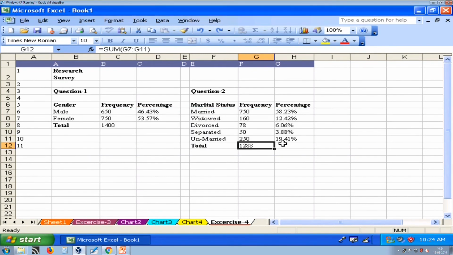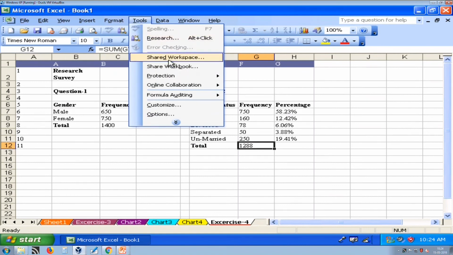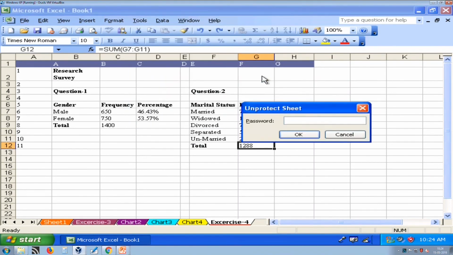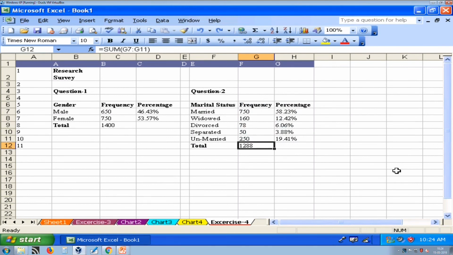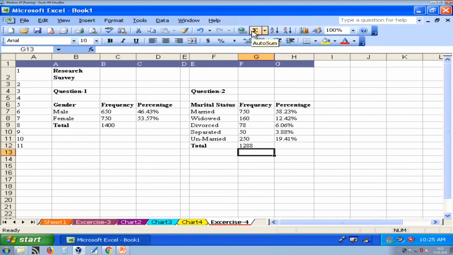So, anybody trying with a fake password cannot open this sheet. To unprotect sheet, you have to provide the correct password. Then and only then you can change this sheet. So, this is how you can protect your workbook and protect your sheet.